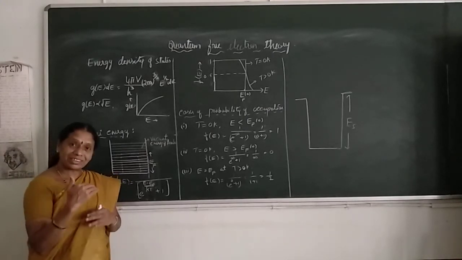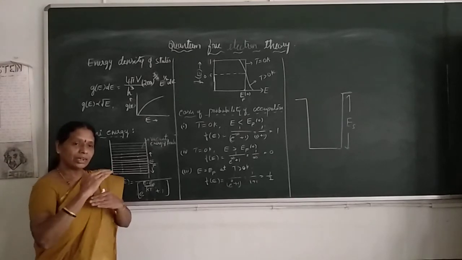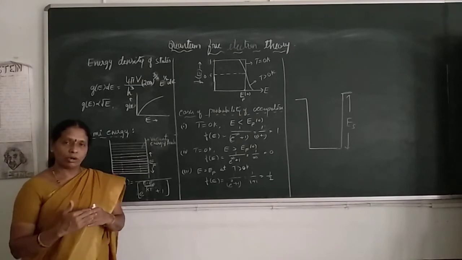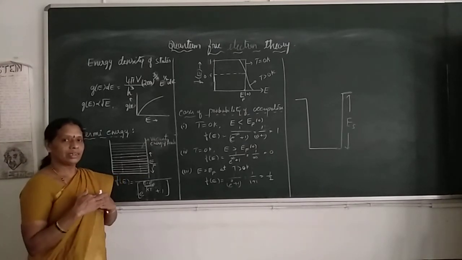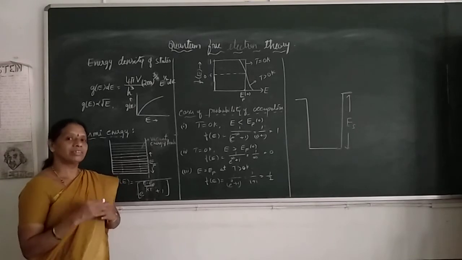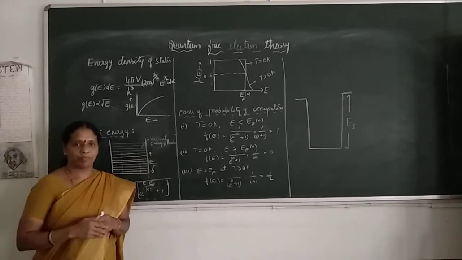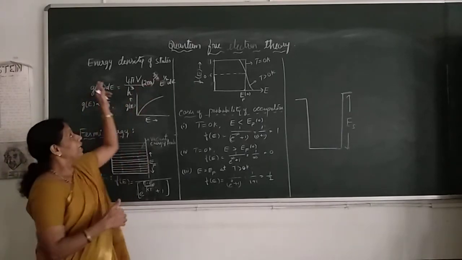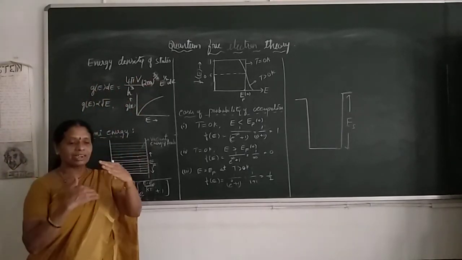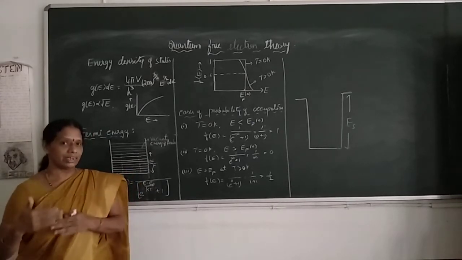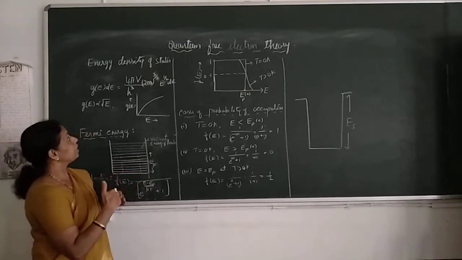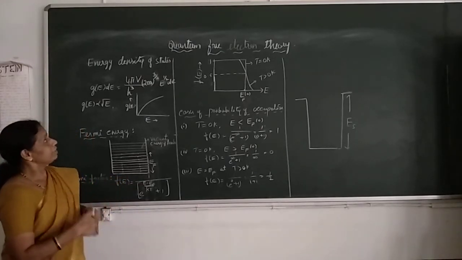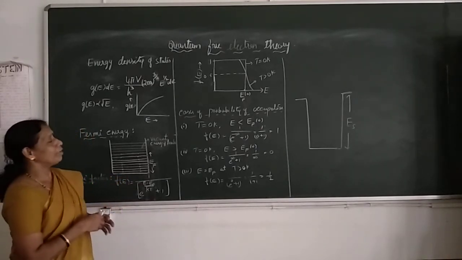The number of these energy levels in an energy band is explained, or denoted, by a factor called the density of states, or energy density of states. It is called the energy density of states because these energy states are connected with the energy. There is a relationship between these energy levels, the density of states, and the energy. That energy density of states is denoted by a function called